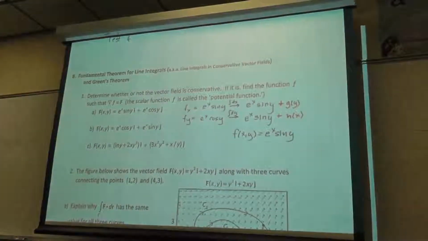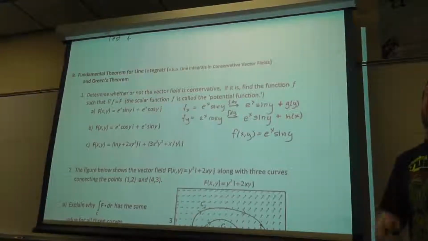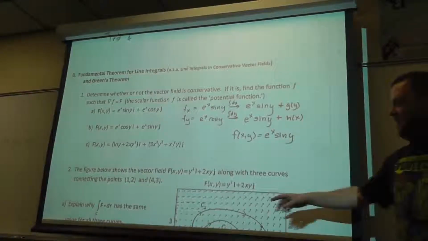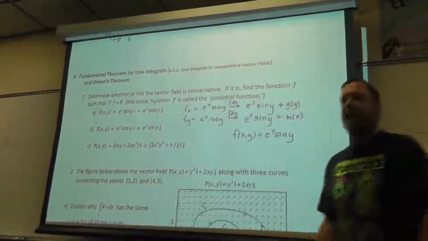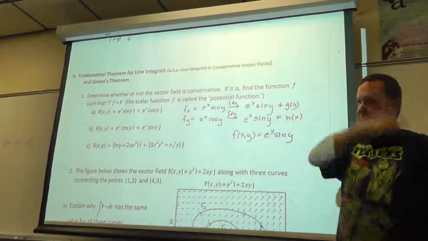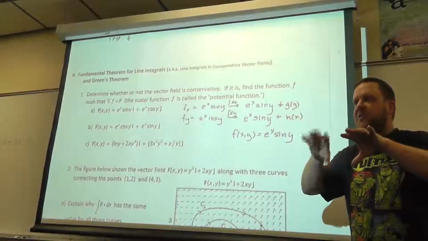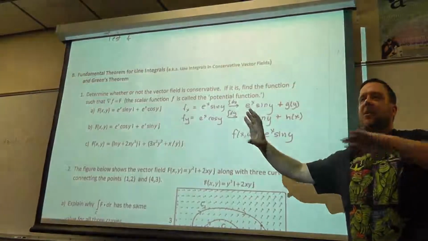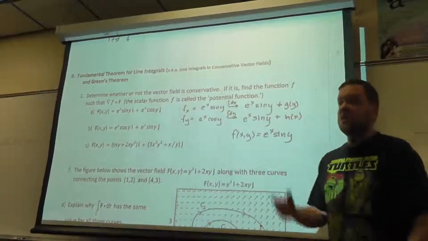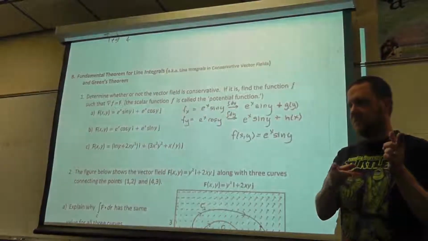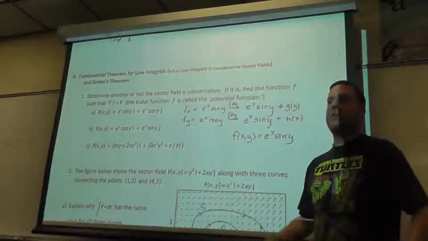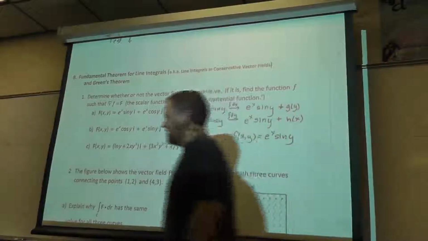Okay. Now here's the beauty of the FTLI, the fundamental theorem of line integrals. If you're evaluating one of these f dot dr line integrals through a conservative vector field, the long way of doing it is to go back to what we did previously. You need your parametric equations. Replace every x with its t equation, every y with its t equation. dr represents the derivative of your parametric curves. You build that dot product, it's in terms of t. Your t limits define the limits on the integral, and so it's a construction process. But if